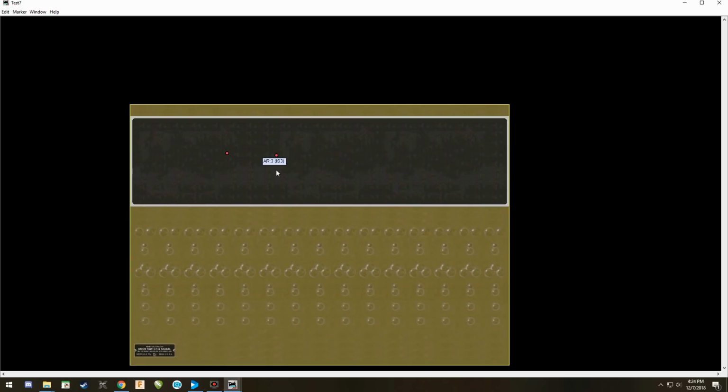Okay, and the beauty of JMRI is if you hover over top of it, it's going to tell you that this is AR3, it's independent sensor 3. This is AR2, come on, show me it. There it is, AR2, independent sensor 2. Now,